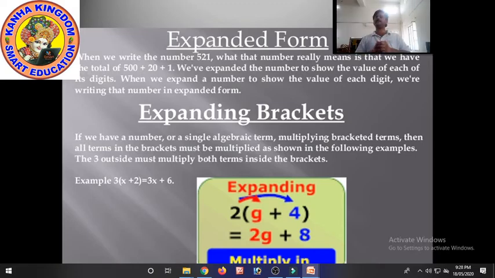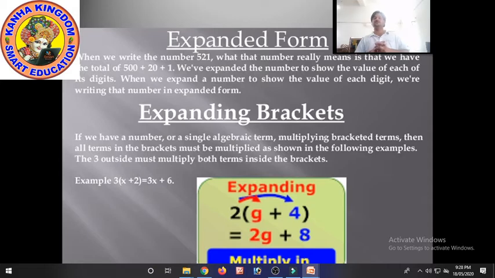Now you just multiply 3 by the bracket. What is in the bracket? x plus 2. So first you have to multiply each of these terms by 3, because 3 is outside the bracket. First you multiply 3 into x, that is 3x. Now the plus sign, because it is already a plus in the bracket, and then finally 3 multiplied by 2, that is 6. So the answer is 3x plus 6.